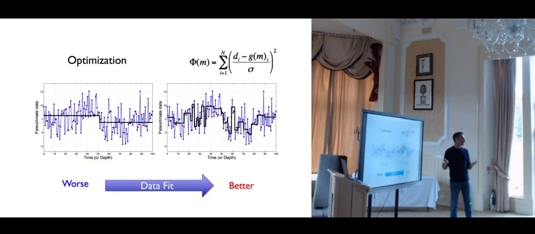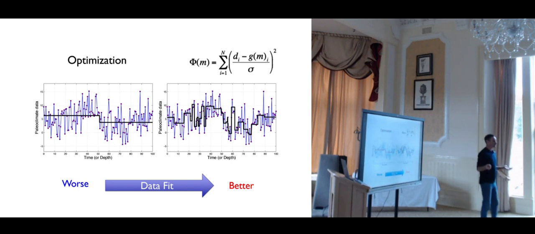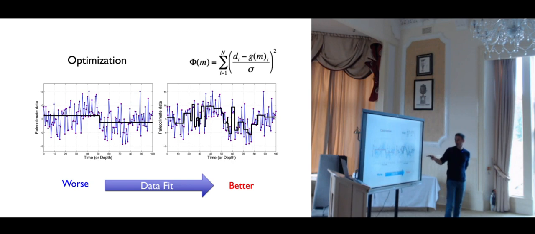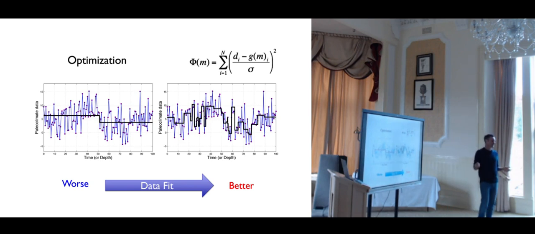And we can try to minimize a least square measure and run an optimization algorithm, and this is the most simple thing to do. But you see well here that if we do that, it's not going to work, because of course, if the number of parameters, the number of layers is going to be variable, we can always add more and more change points until we fit the data perfectly. We will actually be fitting the noise.